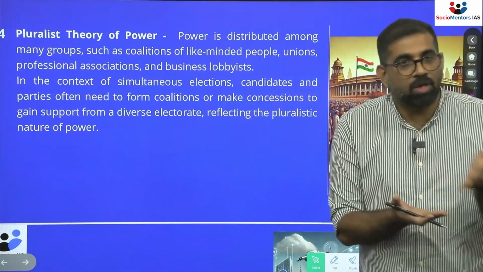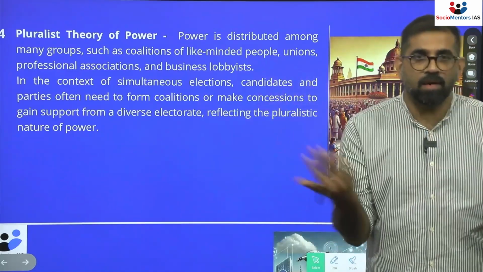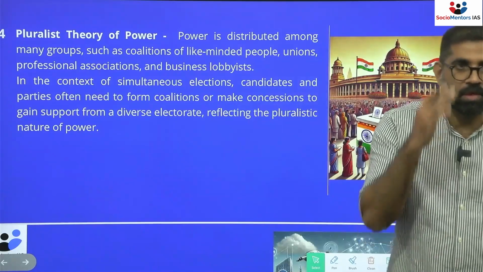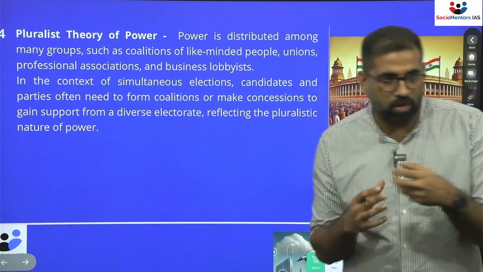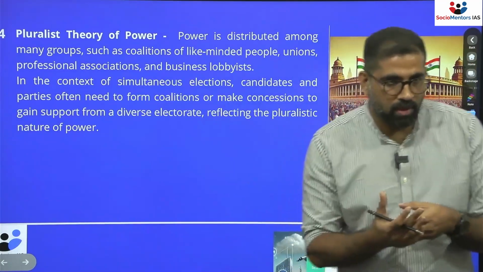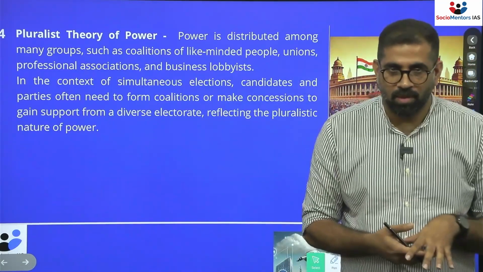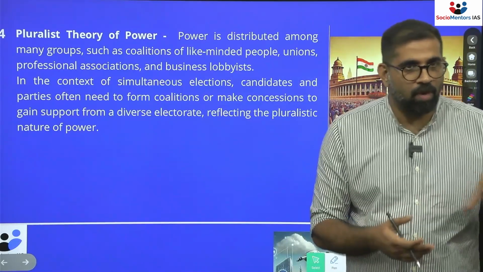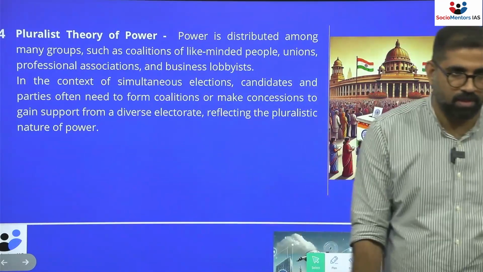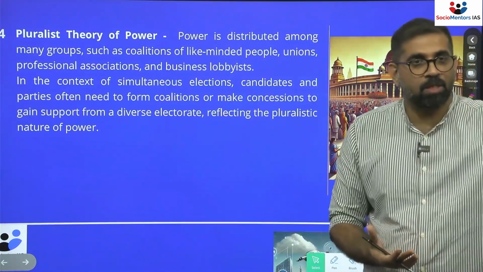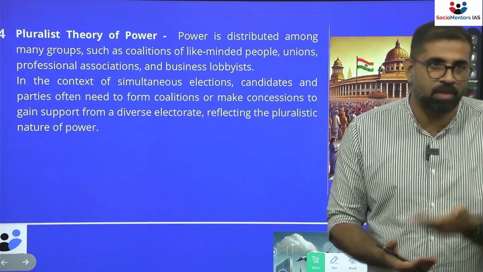The local issues may not surface. Instead, all the national level or general level issues will surface in such elections. So in order to have a favorable power equation, these groups will have to get into coalition with several groups. Imagine political parties will have to form coalitions in every state, wherever they do not have any kind of presence. They will have to reach out to different social groups, different communities, different organizations, associations.